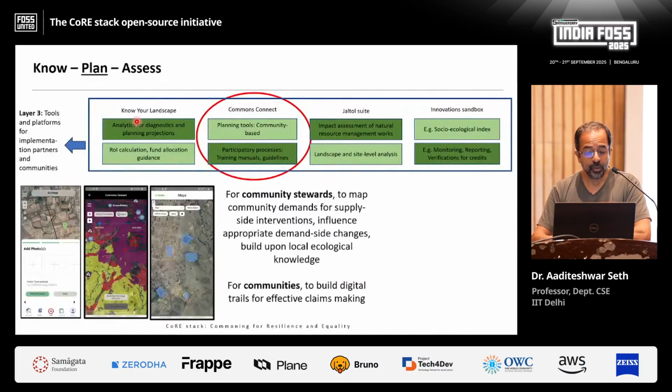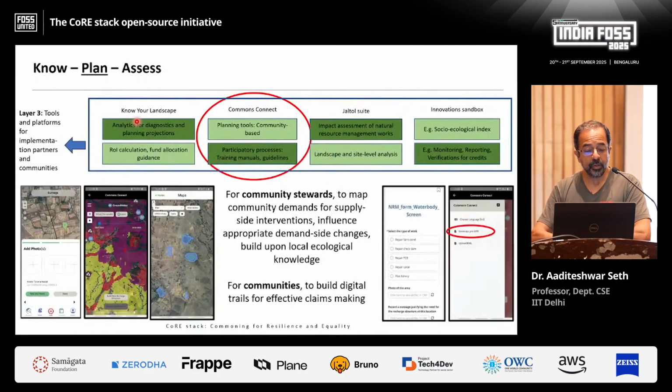So this Noya landscape is more, like I showed, for this broad area level planning. Once this area level planning is done, and you know what you want to do in an area, we've also built an app called Commons Connect, which is now in the hands of somebody on the ground, like a community volunteer from that area, or an NGO frontline field worker. This allows them to start geotagging exactly that I want to do a farm pond at this point, or a check dam at this point.